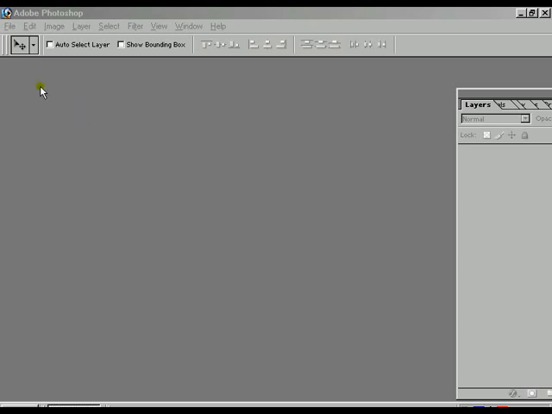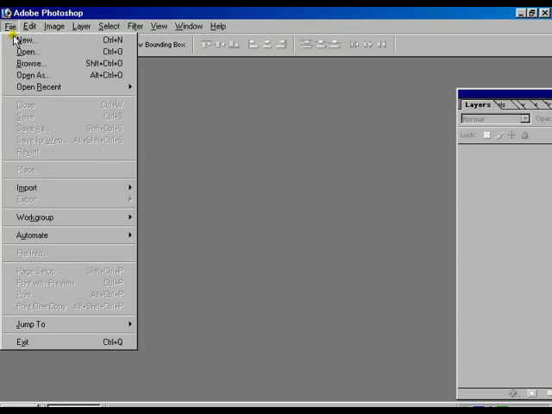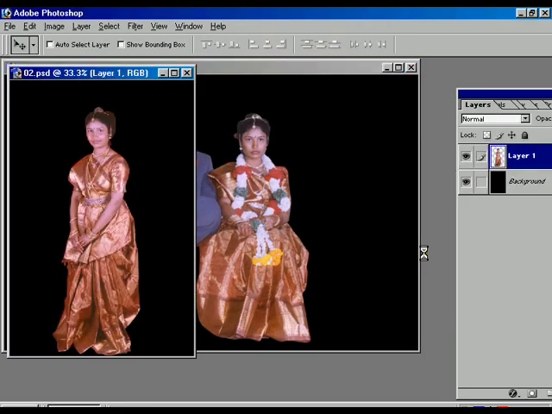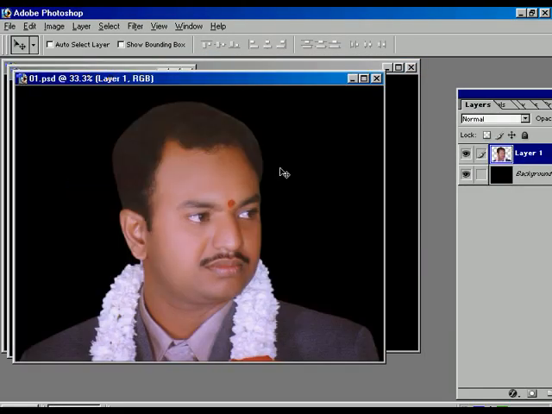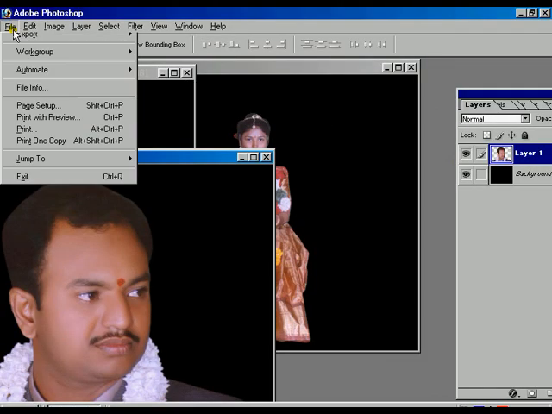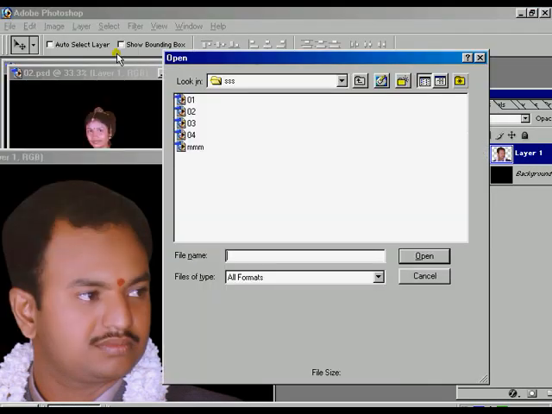Now we are going to merge 2 or 3 files at a time within one file. Now selecting file 1, 2 and 3, going to open it. One, two, three. Now first we are going to open the background picture